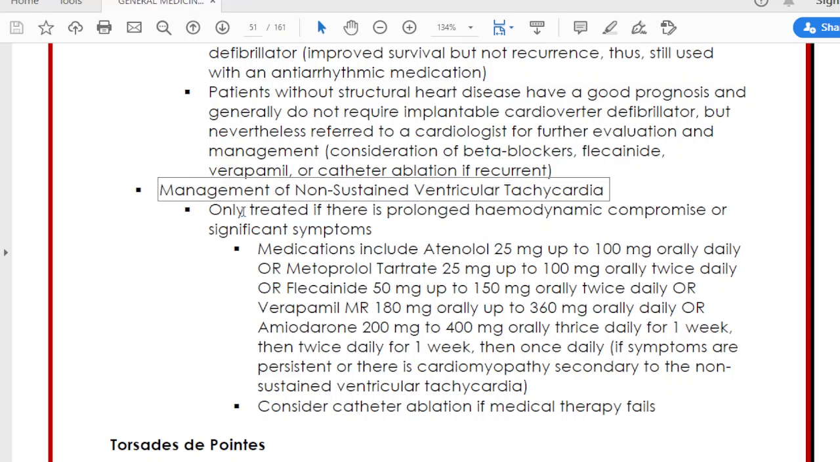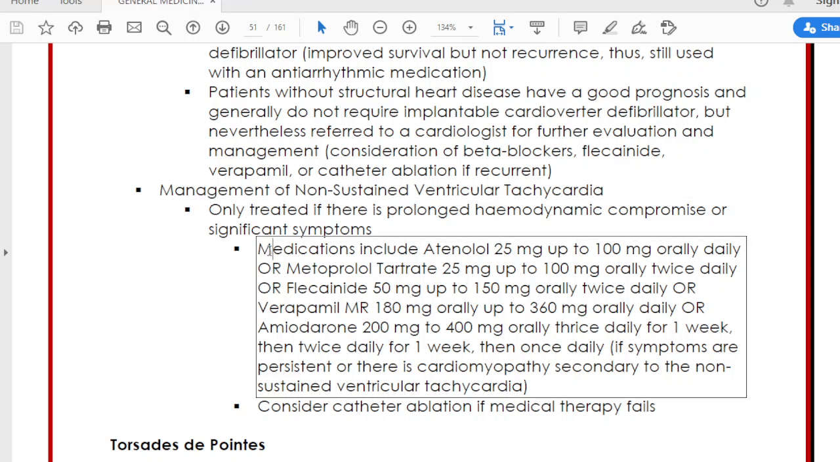Management of non-sustained ventricular tachycardia. Only treated if there is prolonged hemodynamic compromise or significant symptoms. Medications include atenolol 25 mg up to 100 mg orally daily, or metoprolol tartrate 25 mg up to 100 mg orally twice daily, or flecainide 50 mg up to 150 mg orally twice daily, or verapamil MR 180 mg orally